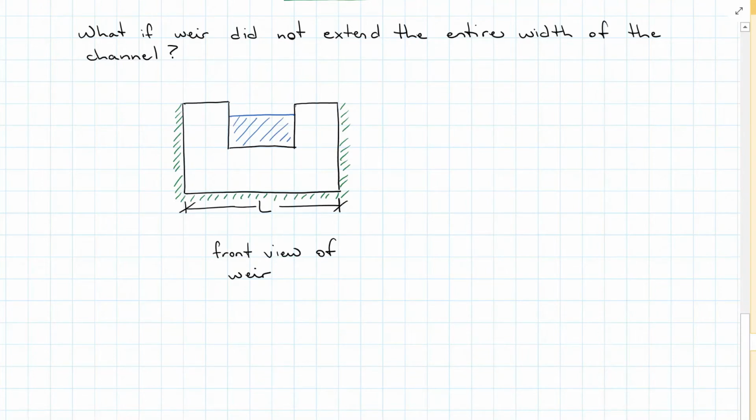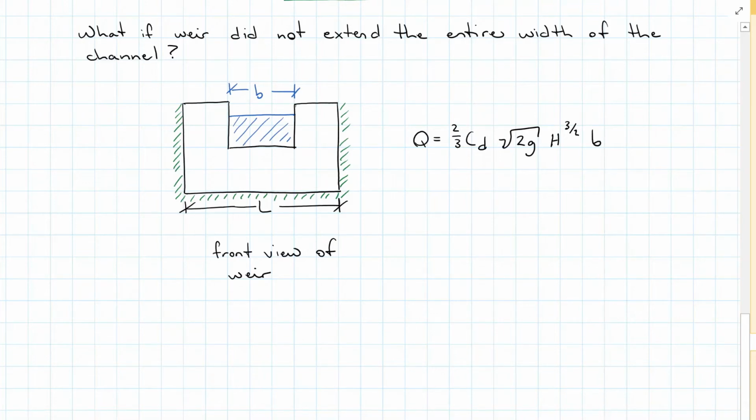Say, for example, this suppressed rectangular weir, where L is still the width of the entire channel, but we've got the smaller area, B, that our water is flowing through. The discharge coefficient's going to change. We're going to use the same equation. Q is 2/3 CD square root of 2G H to the 3/2, but instead of the full length L, we'll use the weir width